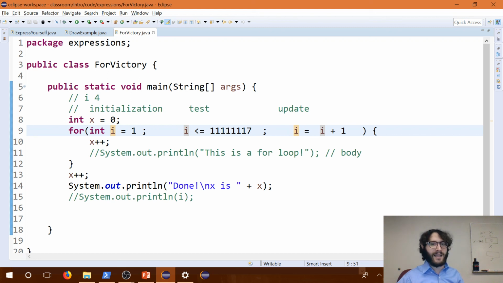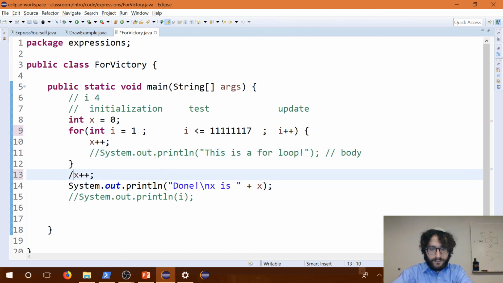So, as I've mentioned, we programmers are kind of lazy, right? If we see something that happens a lot, then we like to make sure that we don't have to do it as much. So this is this update operation, i is equal to i plus 1, where we just increment something by 1. That's a super common operation because we use it in for loops all the time. So for shorthand, we write i plus plus, which is a shorthand operation you can just do with any number. And what that does is it literally translates to